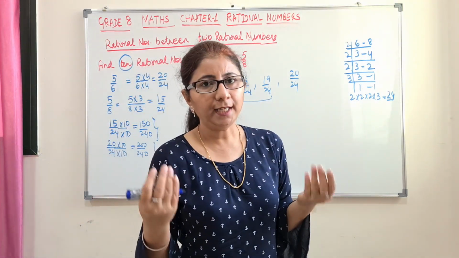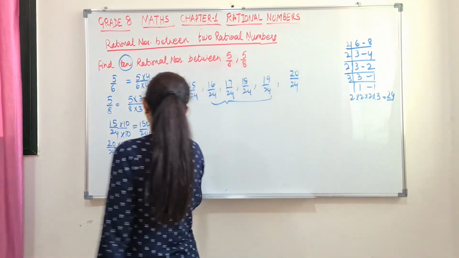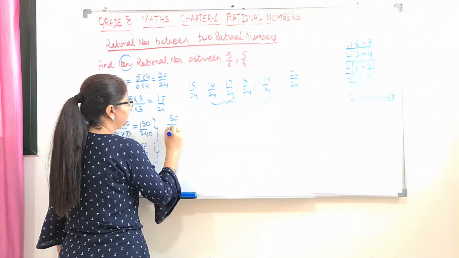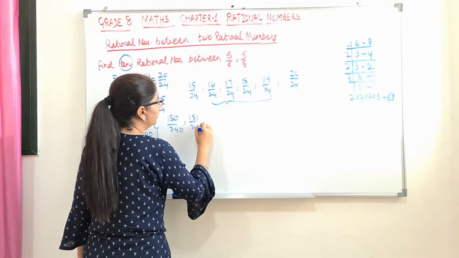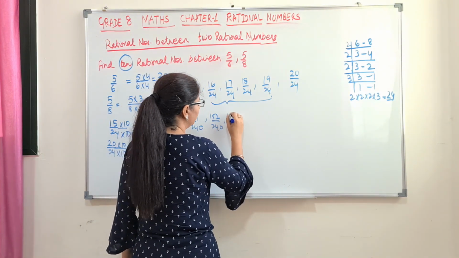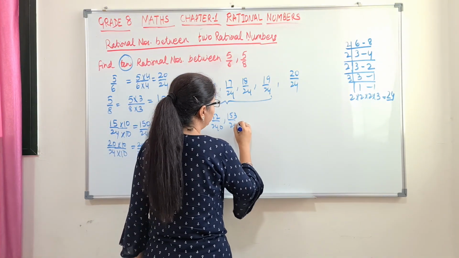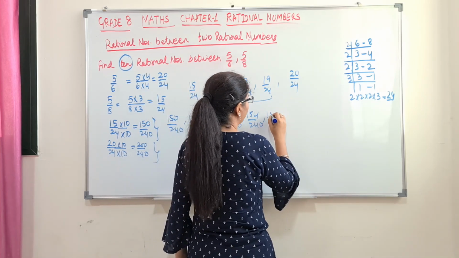So you can write any 10 numbers you like. Suppose, starting from 150 by 240: 151 by 240, 152 by 240, 153 by 240, 154 by 240,